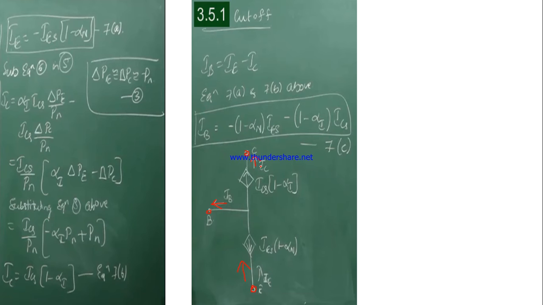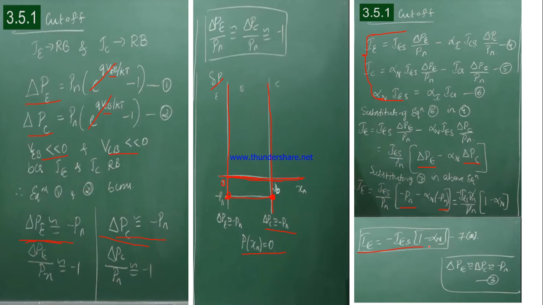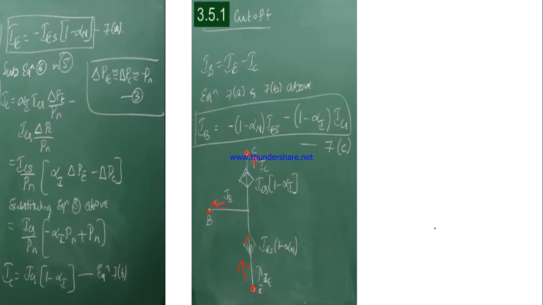also outwards. So here, this emitter current equation from the 7a equation, as you can see, is dependent on some factor, that is the alpha N factor. So for that reason we are representing that with a dependent current source. Here also the collector current is dependent on the alpha I factor. So for that reason we need to substitute with this dependent current source. So this one is dependent on alpha N and this one is dependent on alpha I. For that reason we are using a dependent current source.